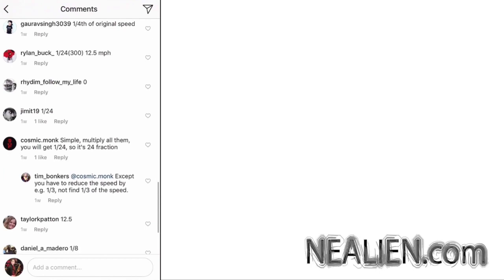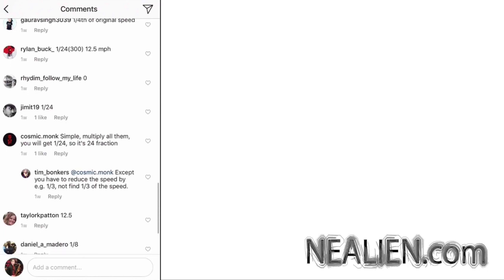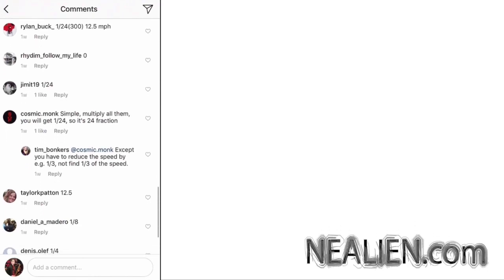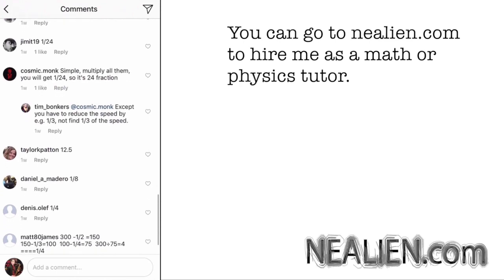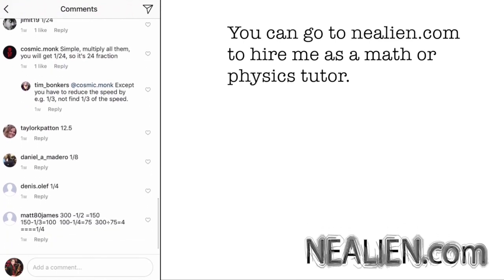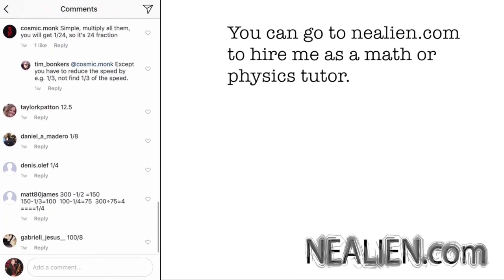Yeah, this person understands the process. You want to reduce the speed by 1/3, not find 1/3. So the language would change if you wanted to multiply by 1/3. It would say get 1/3 of the speed or take 1/3 of the speed, not reduce the speed by 1/3. It's like if you reduce 10 by 2, you'd subtract 2 from 10. All right, so 12.5, 1/8, those aren't right. 1/4 is right. Next one shows the process